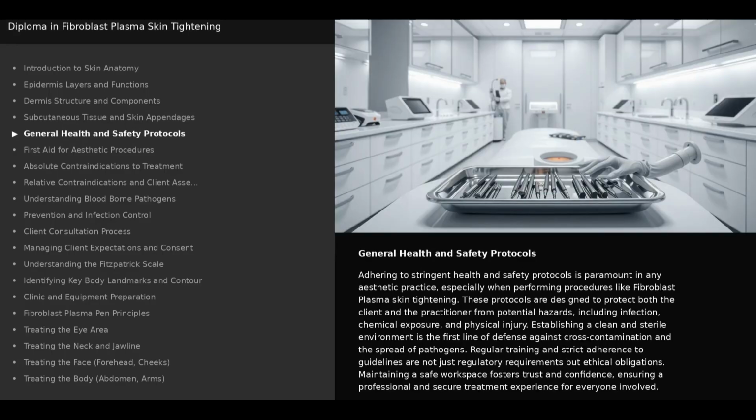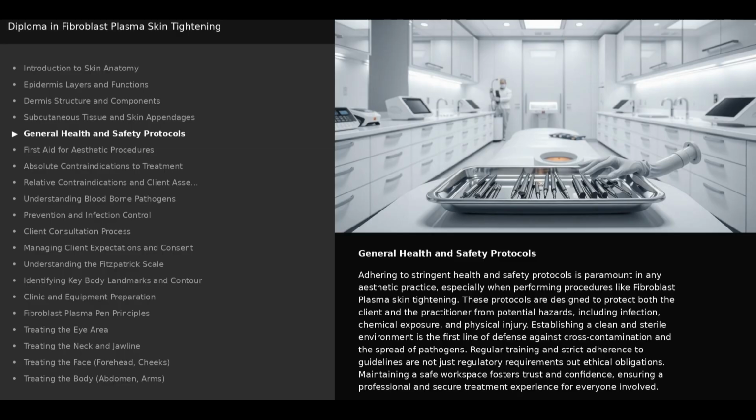General health and safety protocols. Adhering to stringent health and safety protocols is paramount in any aesthetic practice, especially when performing procedures like fibroblast plasma skin tightening. These protocols are designed to protect both the client and the practitioner from potential hazards, including infection, chemical